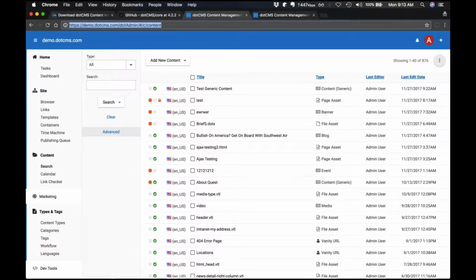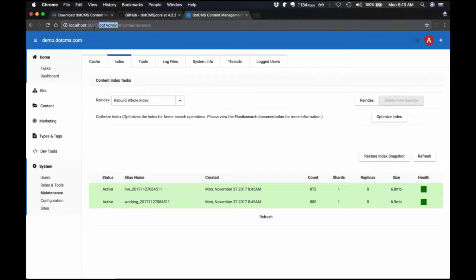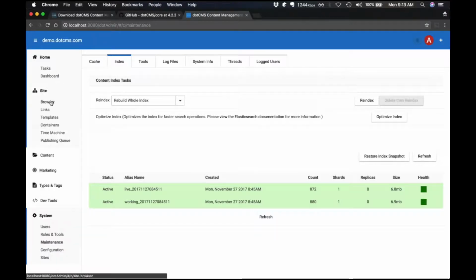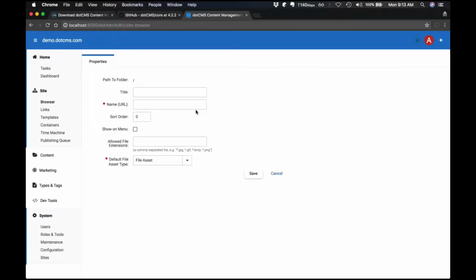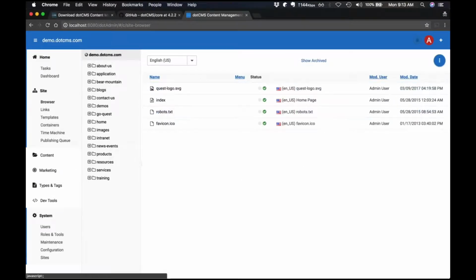This is the demo site. I'm going to close this, I don't need it. I'm going to play just with the localhost. Basically, what I want to do is just go into the site and the browser page, and I'm going to create a folder. Clicking here in the demo, I'm going to create a new folder that is called, let's see, training. It's called training, and that's it. And inside that training,